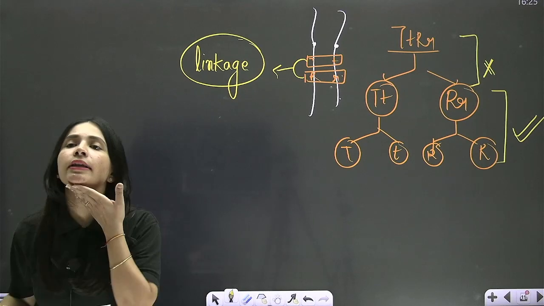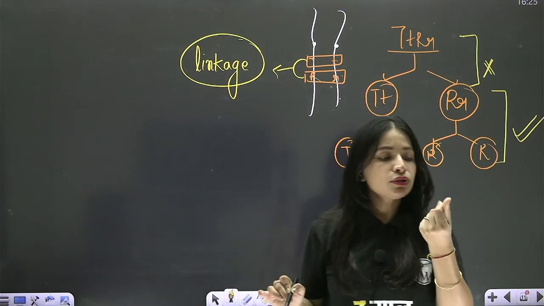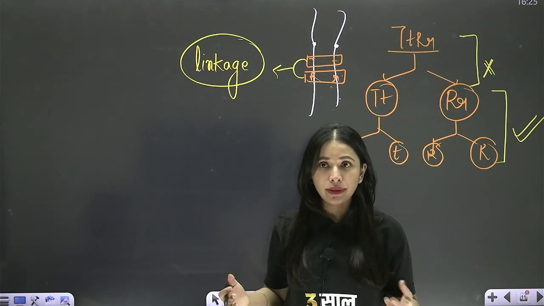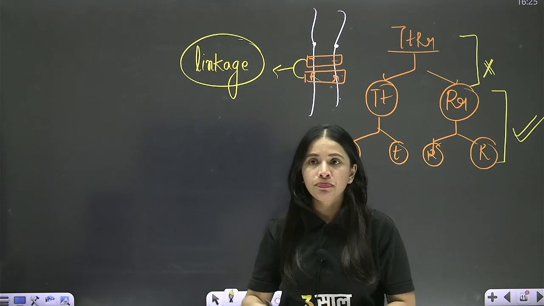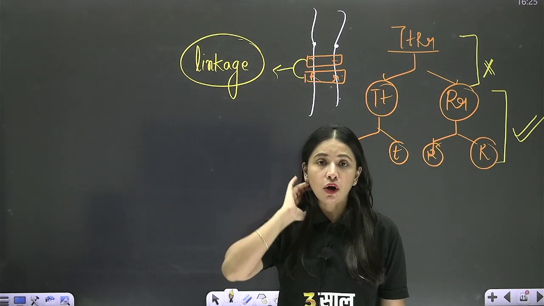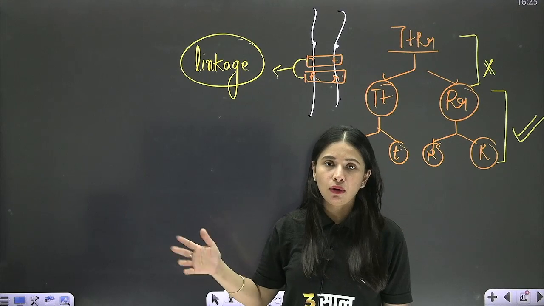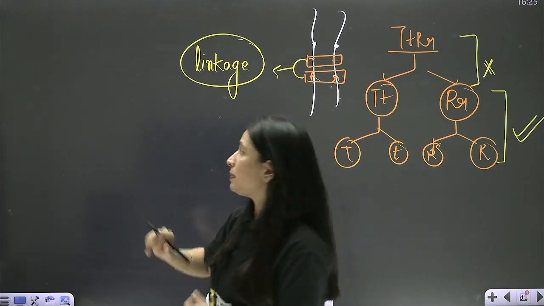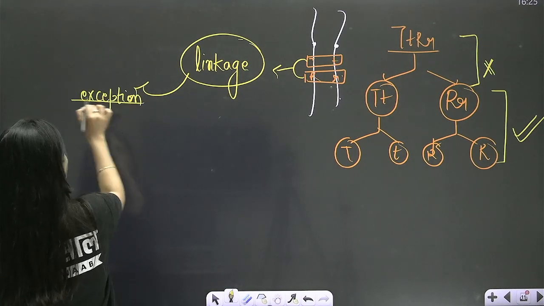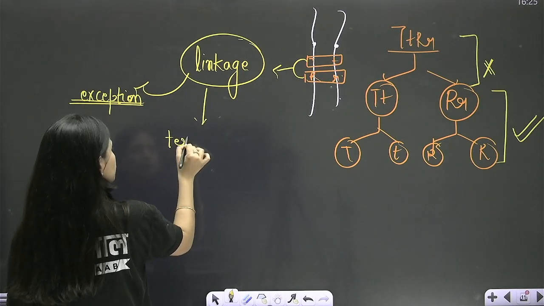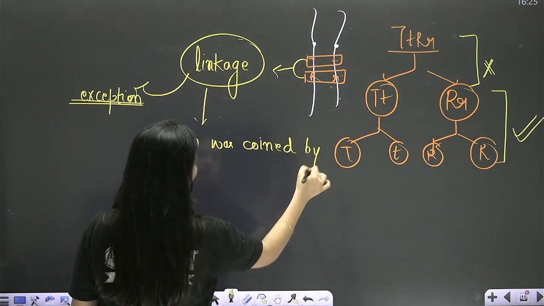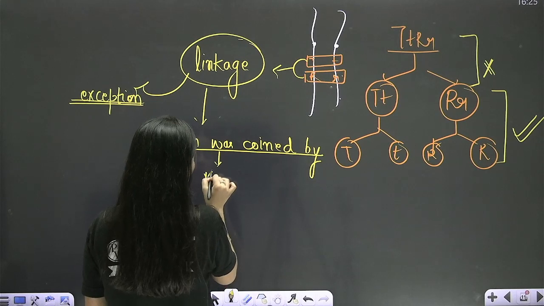Right? So what is linkage basically? Linkage is when two genes located on the same chromosome, close to each other, tend to stay together, and because of which their separation is not 100% according to Mendel's law of independent assortment. So linkage basically becomes the exception, right? And this term linkage was coined by Morgan. Correct, everyone? This term was coined by Morgan